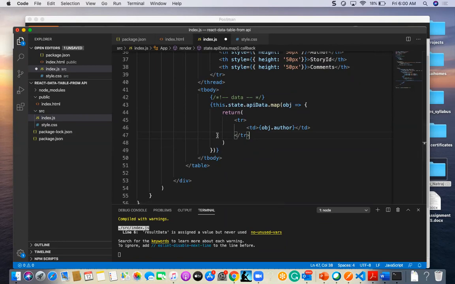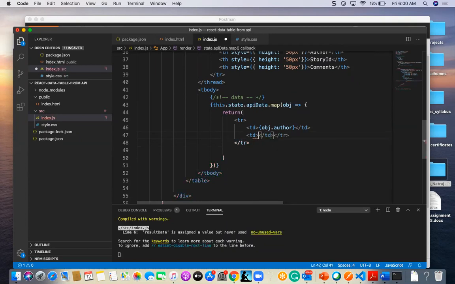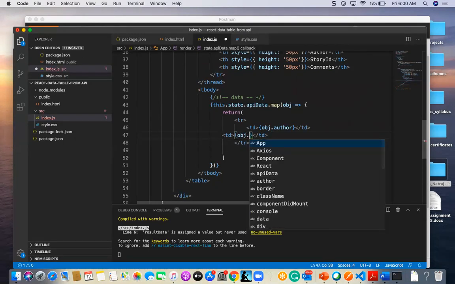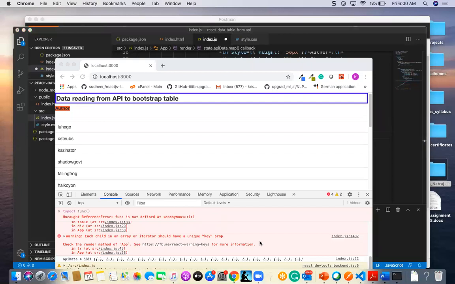So for the same thing I am going to mention td. Already we have got this information, and we are going to get td one more time. That is going to have obj.story, what is that, story underscore I think so.